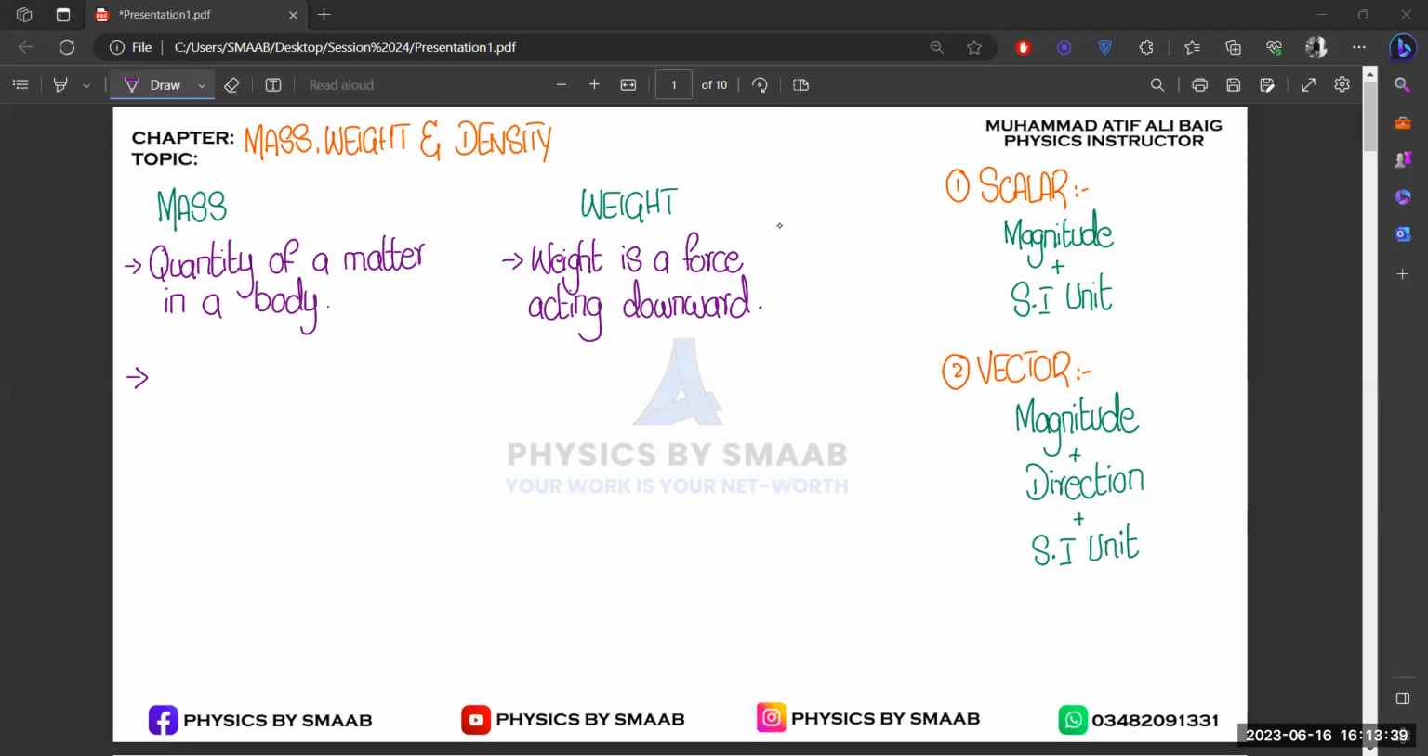And first let's differentiate between mass and weight. The definition written is: mass is quantity of a matter in a body. It means it is only concerned with the quantity of a matter. जब हम सिर्फ quantity की बात कर रहे हैं तो इसका मतलब है हम किसकी बात कर रहे हैं? Only magnitude, right? And when we are talking about the weight, मास वुड बी स्केलर, वेरी गुड।